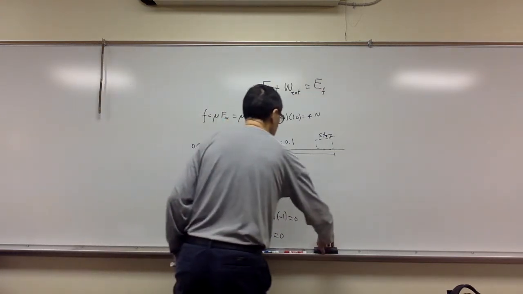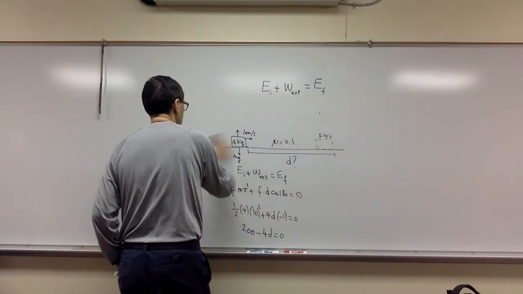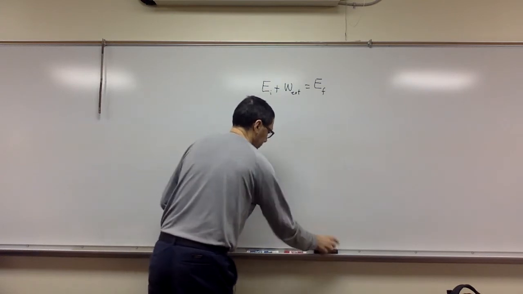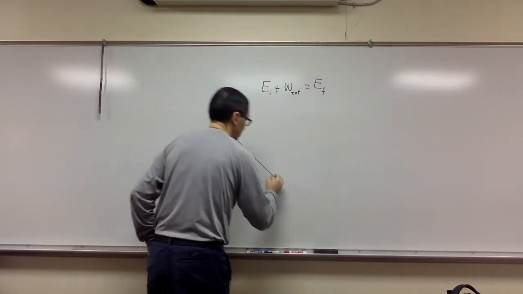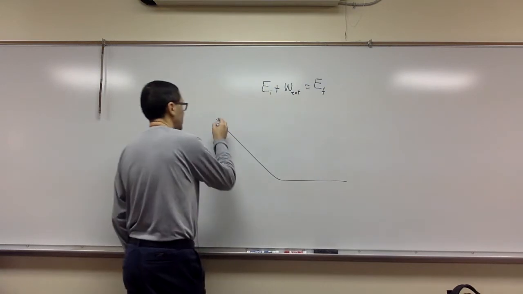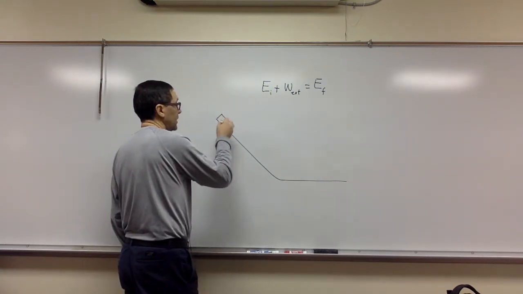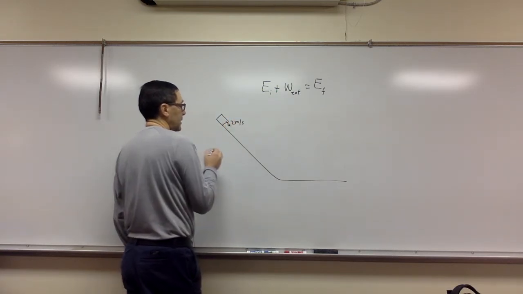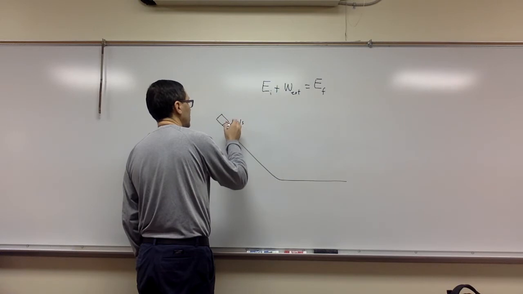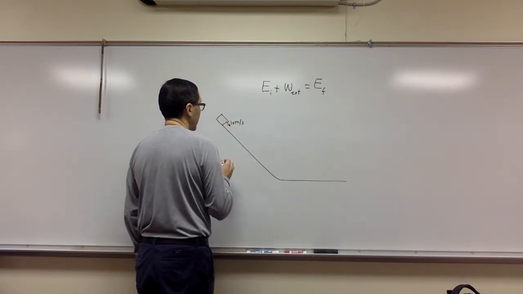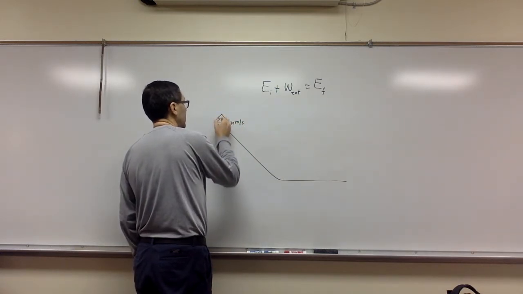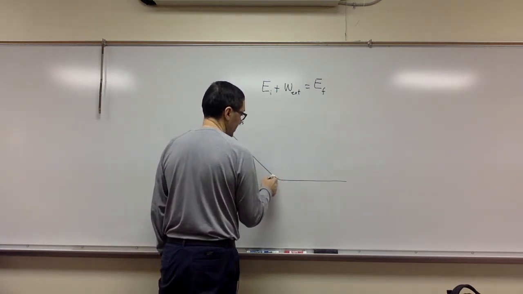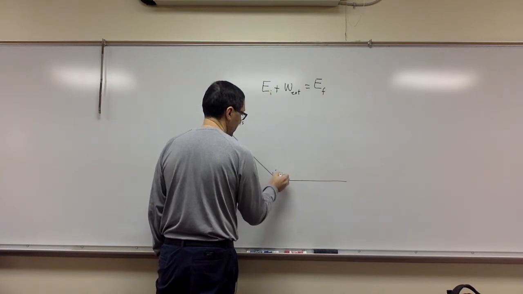Okay. Now let's do something that's on some kind of ramp. All right, so I'm going to do something like that. I have a block here that I'm going to actually give a kick. So I'm going to kick it at 2 meters per second, and well, let's do 10 meters per second. And it has a mass of 2 kilograms. And I want to figure out how fast it is going when it's at the bottom of the ramp,